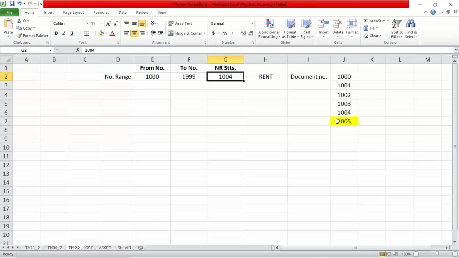Okay, so when you say the system has generated document number 1005, why? Because before generating 1005, SAP is going to check the number range status, and in the number range status, since 1004 was already updated, 1004 plus 1, the next document number will be 1005. This is how people will come to know that logically you have explained the things. Behind each and everything there is a logic,